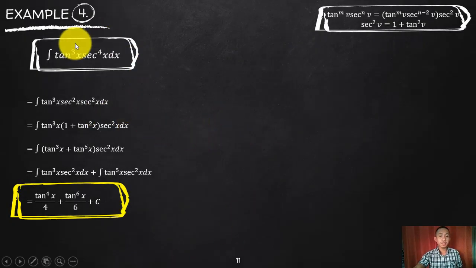So let's have an example for that. Case 1. So if you'll try to look here, any number for tangent, but your focus is on the secant, that is positive even. So I will bring out the square of secant, so that will serve as our derivative. Okay, so the remaining, okay, we have here secant squared, which is remaining. I will transform that one using this identity again, 1 plus tangent squared. So that will, since that is just squared, that will just become 1 plus tangent squared. Then, I will multiply back your tangent inside, that will become all as tangent.